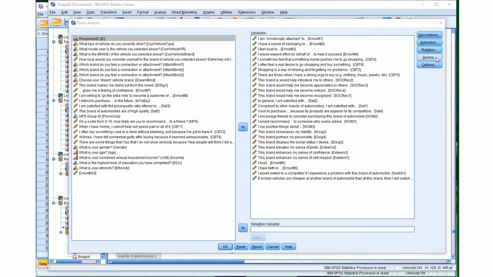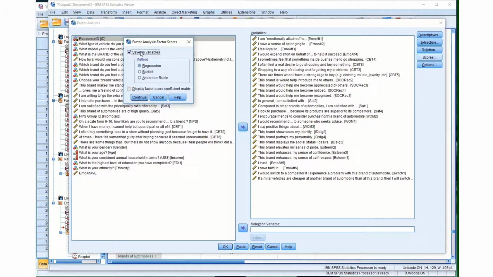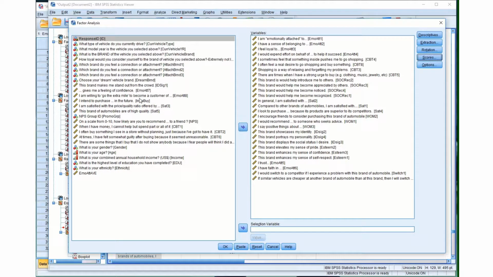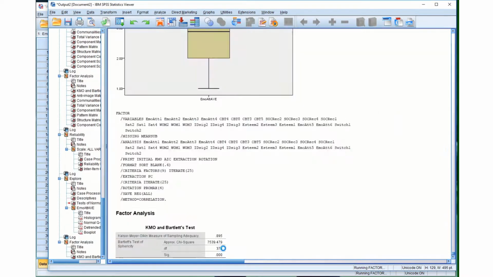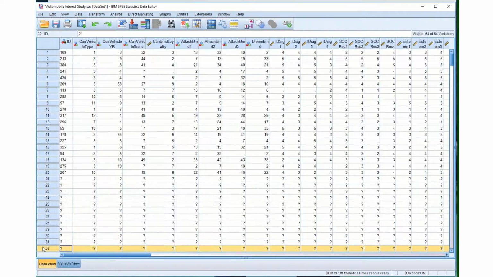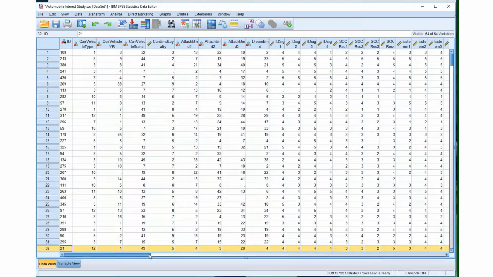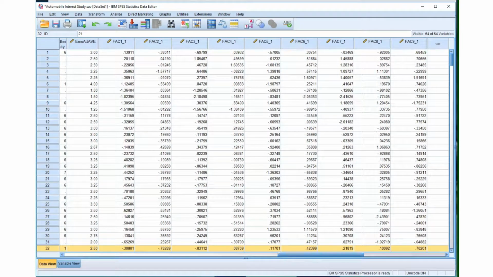If we click on scores and use save as variables, this will allow SPSS to create a factor score. It'll do it all automatically for us. Okay, let's just do this. I just did that, and I'll run this, and now let's look at our data. What we have now is going to be 9 new